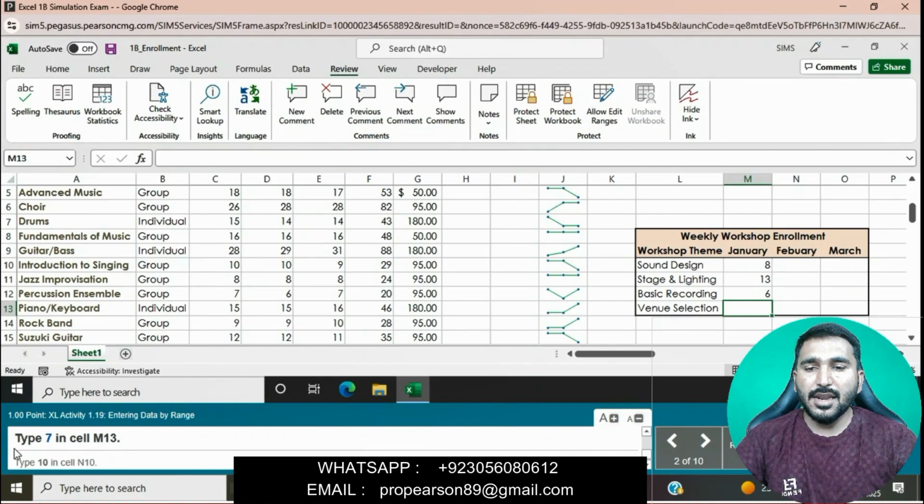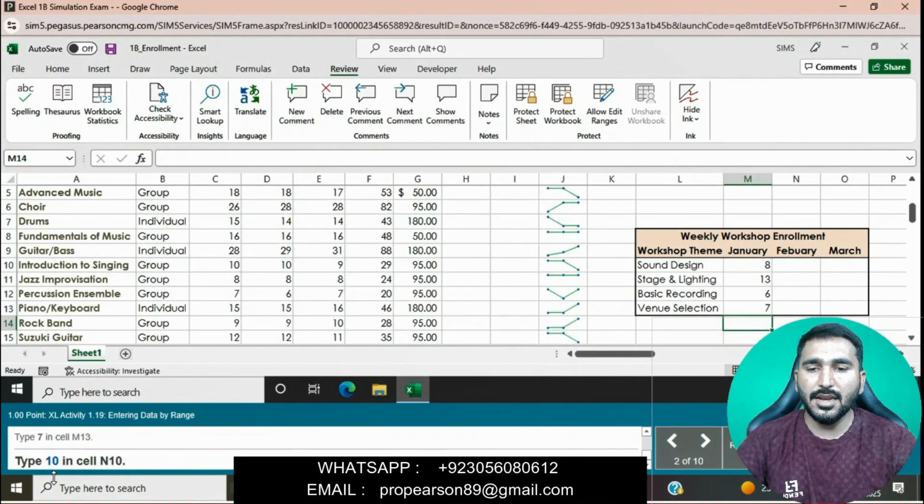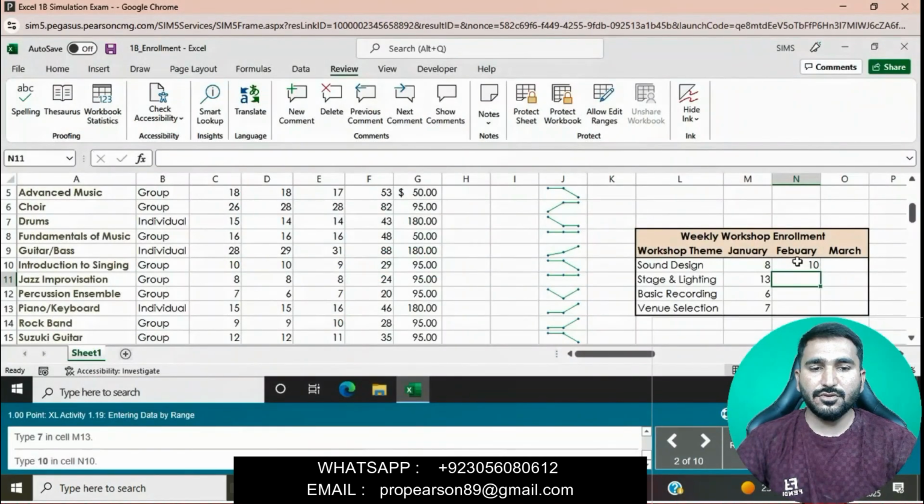Tab 7 in cell M13. Click on cell M13 and then we will tab 7. Tab 10 in cell N10. We will select cell N10 and then we will tab 10. The question is completed. Next question.